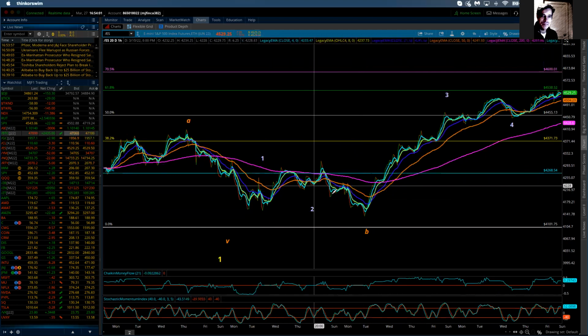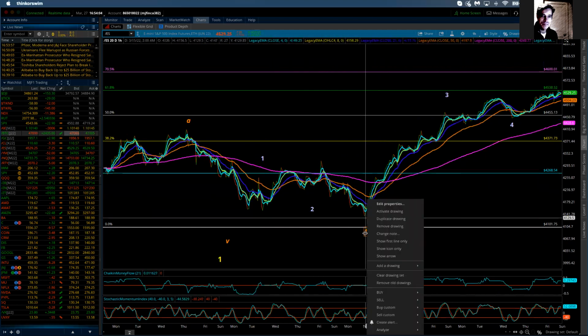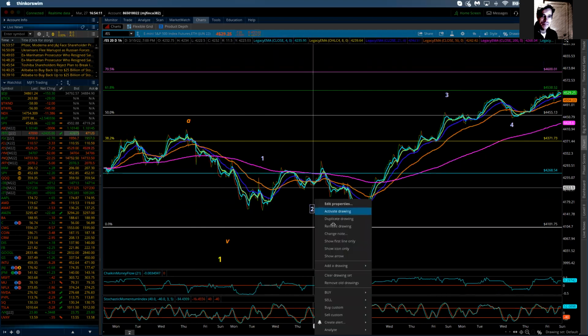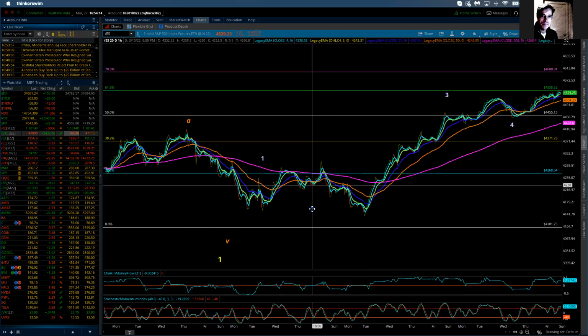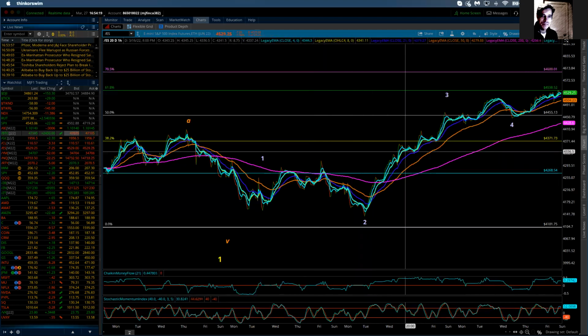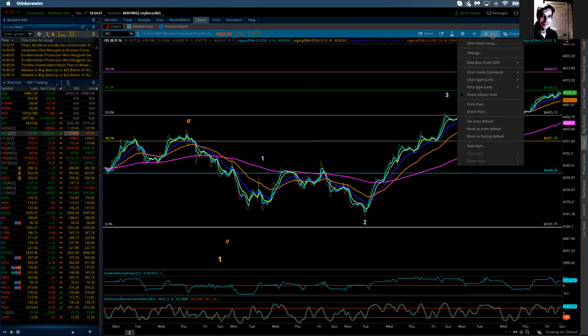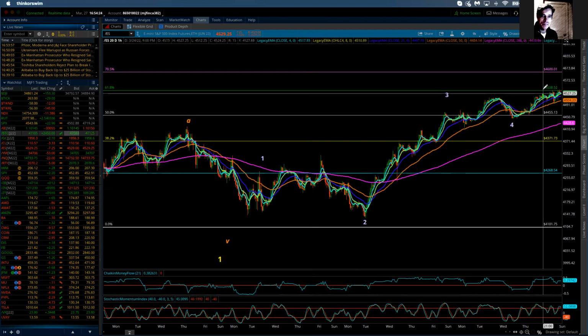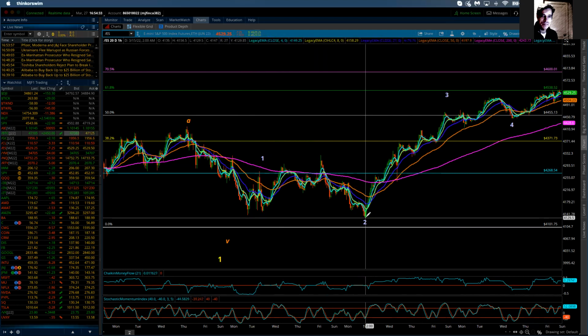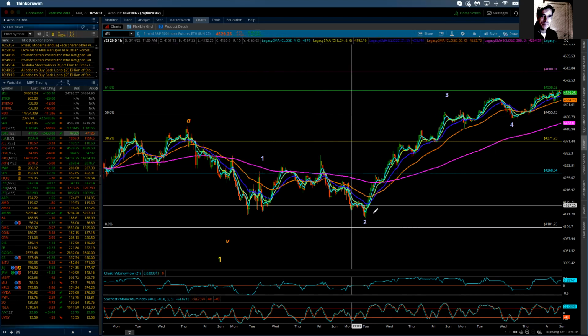This is labeled 1, 2, and not A, B, and this being C. So let me get rid of that. And this is the 1, and then we got a 1, and this 2 again ends up over here. That's where the wave actually went. That's the hourly chart. Let's go to the candles. Yeah, 1 and then 2. We might have had a little bit extra there, but I'm leaving it as a 1, 2.